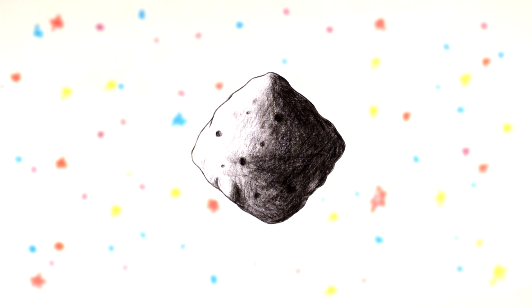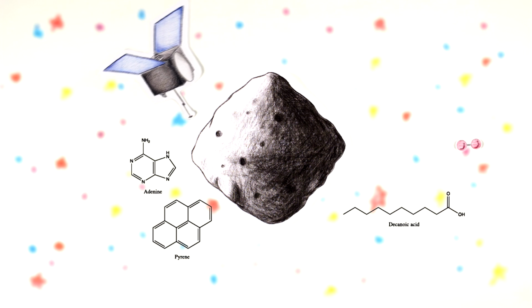The OSIRIS-REx mission scientists chose an asteroid to travel to after observing it for years. The spacecraft will travel to a sample of a stony or chondritic asteroid, unprocessed since its formation 4.5 billion years ago. This object is thought to have a lot of carbon-containing molecules, as well as important elements like oxygen and